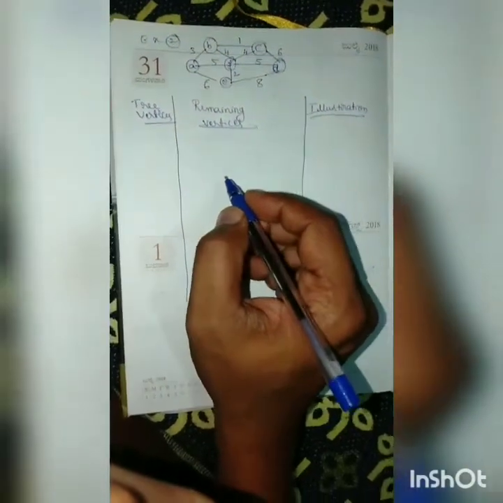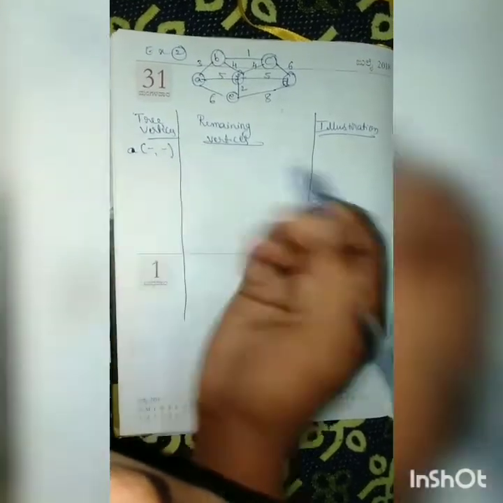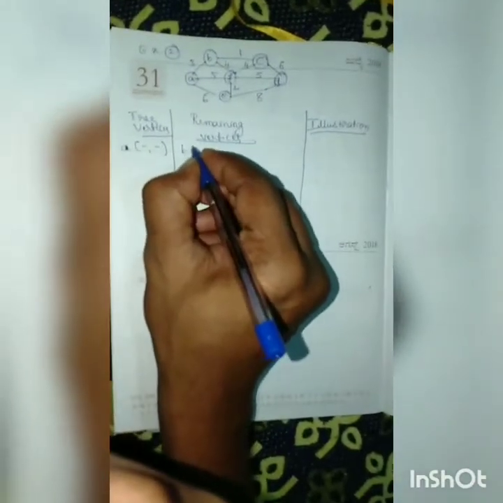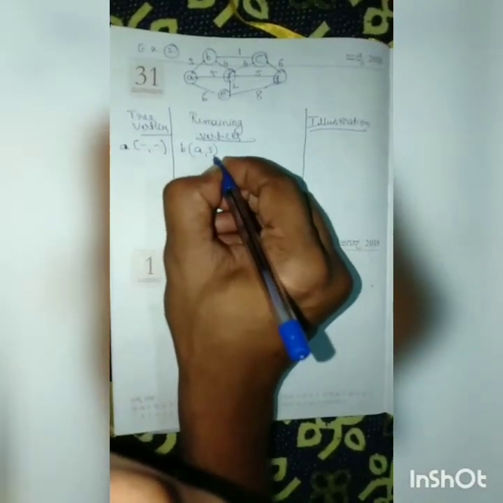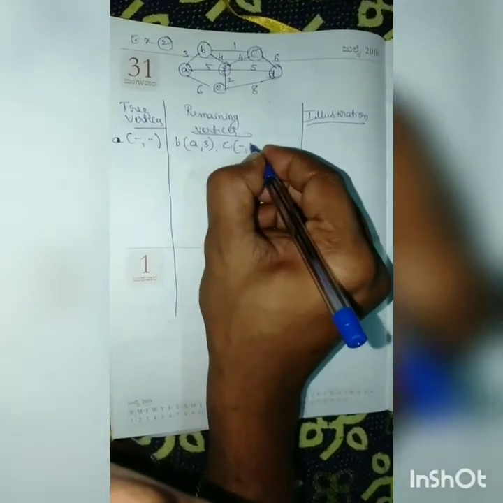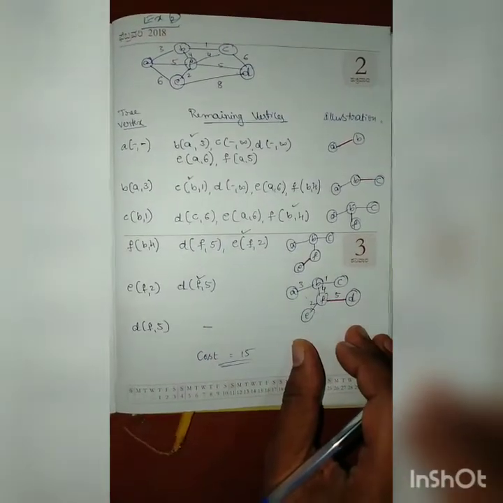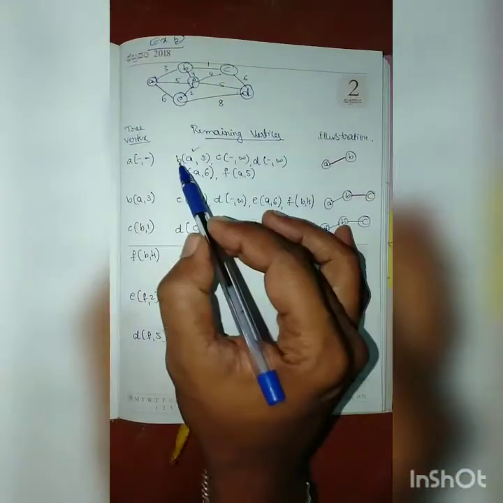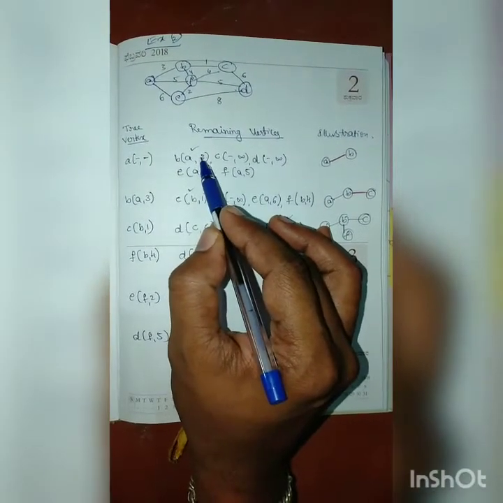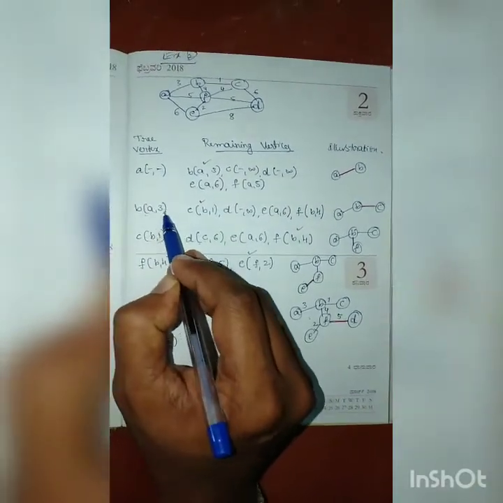So you can start with any arbitrary tree vertex. I will choose A dash dash. Okay. Now from A, which are connected? B is connected, so B is reachable from A with a cost of 3. C is not directly reachable, dash infinity. D, same thing. So after the first iteration it is AB, which is having the less weight. Next, in the second iteration you have to choose for B, which is reachable via A with a cost of 3.